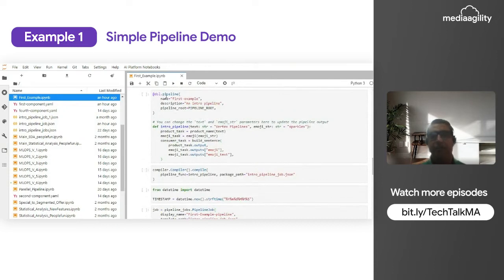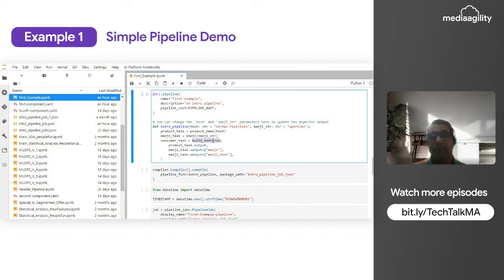We are going to create the pipeline using dsl.pipeline. In the pipeline, we are going to supply two different texts that will in turn be passed to the various components. This is the product name component and the other is the emoji component. We are going to pass the text and emoji into those. And now there is a build sentence.